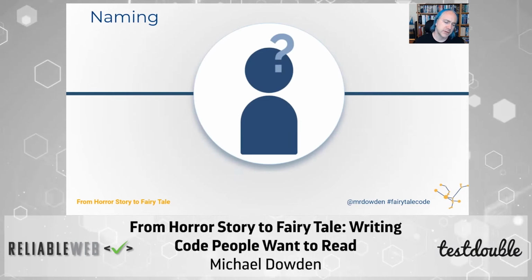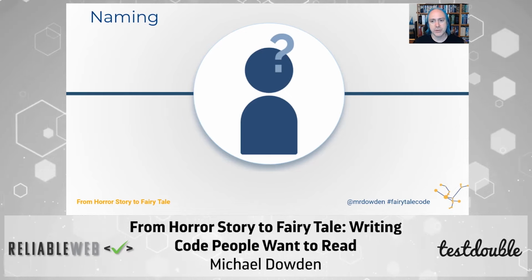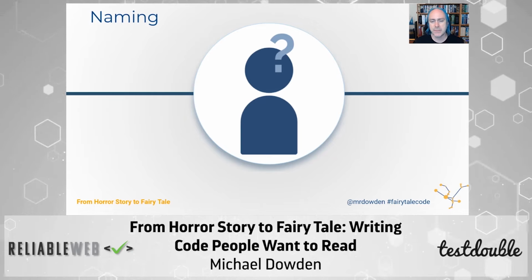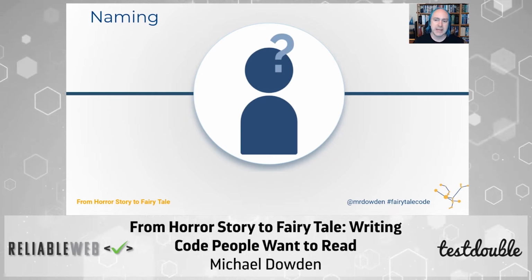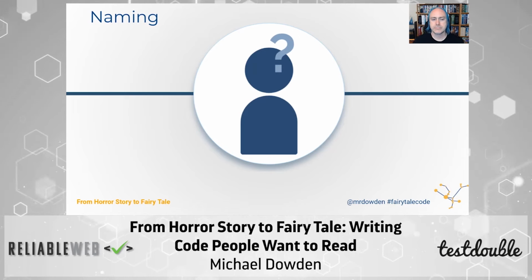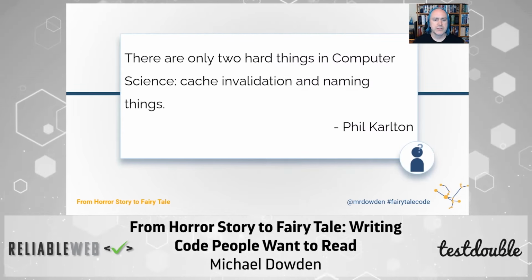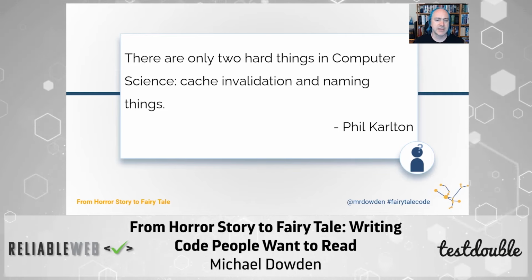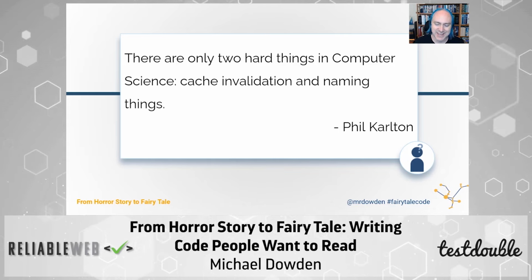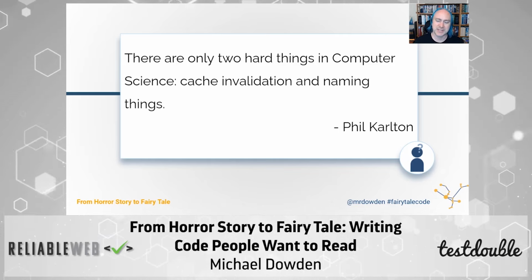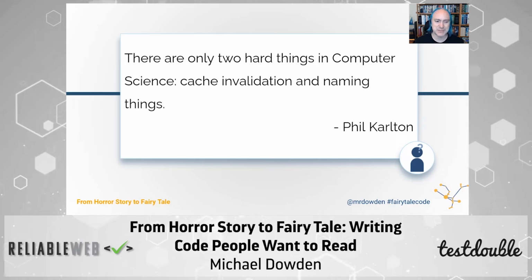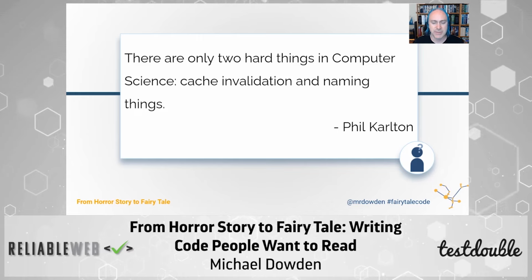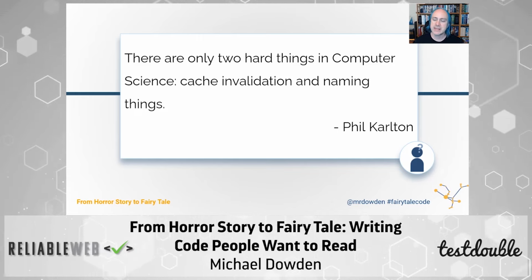Another part of communication in your code is the way we name things. And naming is just one small aspect of it, but this is very, very important, and it helps make your code more readable. So Phil Carlton had this to say: there are only two hard things in computer science: cache invalidation and naming things. And cache invalidation is basically an impossible problem, as anybody knows who's worked on it. The point he was making is that naming things is just as hard as some of the hardest problems we have in computer science. It's really hard to get that right.